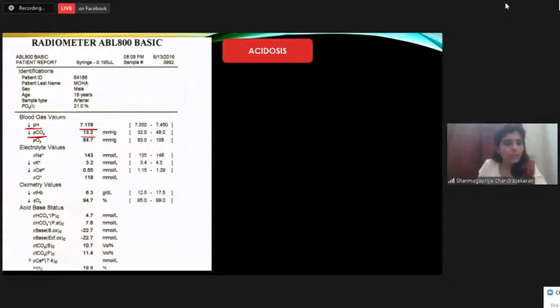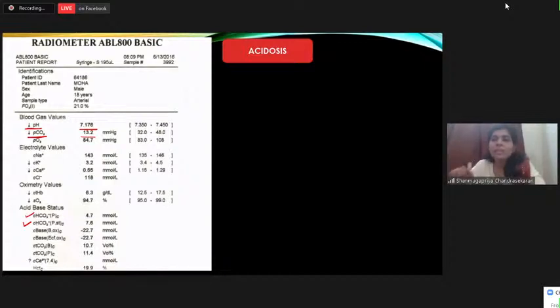Now look at bicarbonate. Do you see 2 bicarbonate values? Yeah, one is just bicarbonate P. The other one is bicarbonate PST, which is standard bicarbonate. That by itself is a different topic, but for now, standard bicarbonate is an expected bicarbonate value when PCO2 is normal. Do you understand this? The machine calculates it. The machine predicts what would be the bicarbonate value of this person when the PCO2 of this person is normal.